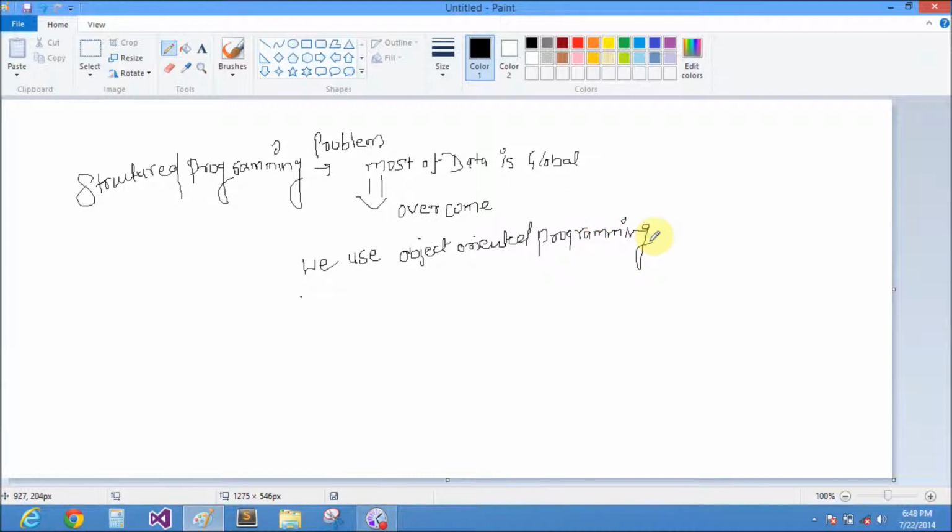In object oriented programming, data and functions are organized in one entity called a class. The organization of data and function we design here like